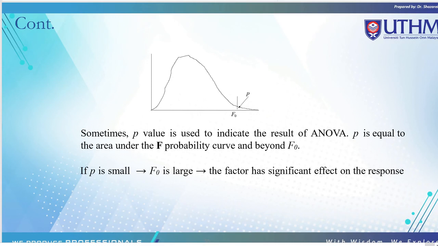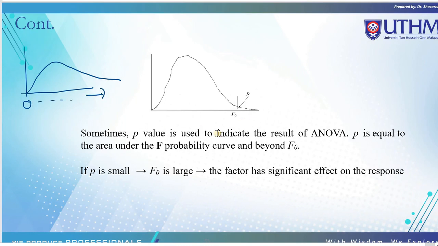So this is basically the F distribution. Actually, this is skewed. We call it skewed to the right, just like the chi-square distribution. Here it starts with a positive number, which is 0, and then it gets larger. So it means that if the F naught, or the test ratio, is large, because the numbers start from 0 and get larger,